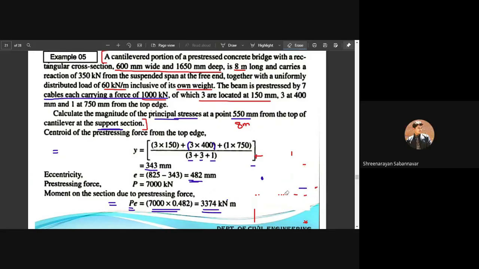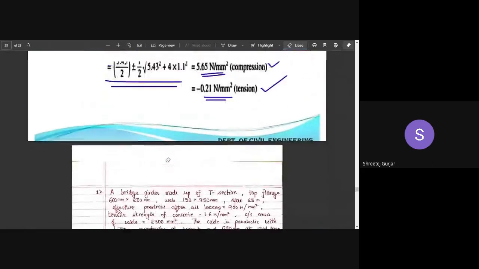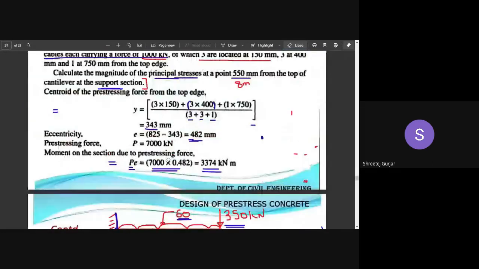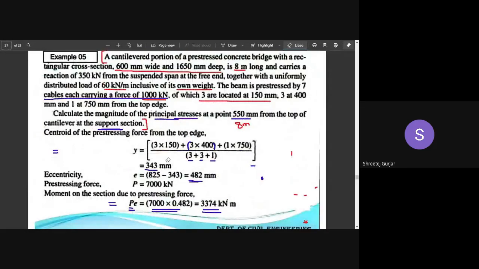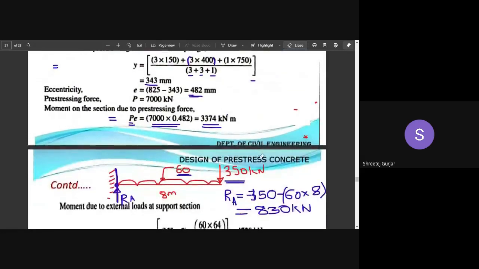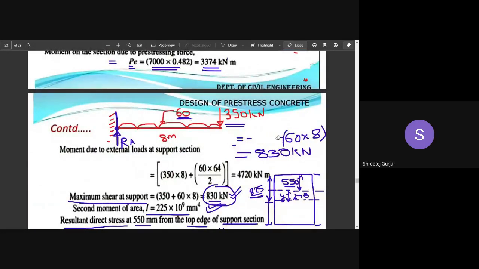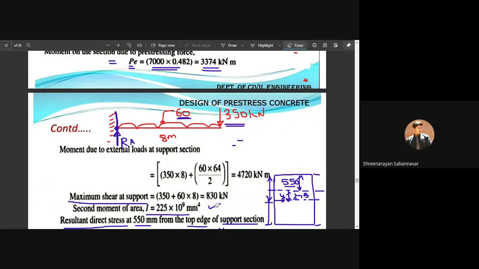So summarize once quickly. Okay. Let me summarize this particular thing. Okay. One thing I'll do. There is no space over here. Okay. Which part or the entire sum should I summarize, or any specific part you want me to explain? Sir, I understood the problems are just steps, sir. Steps. Okay.